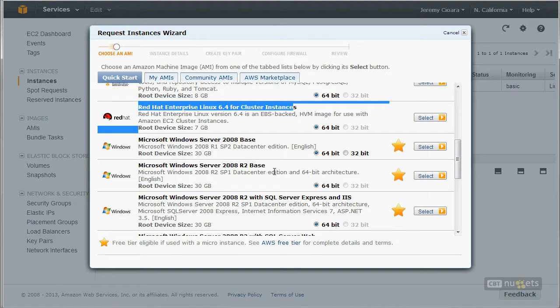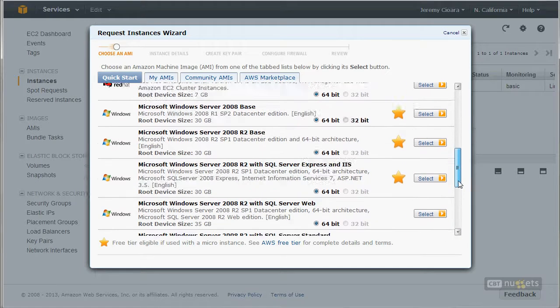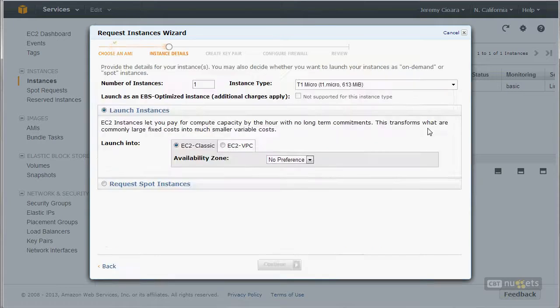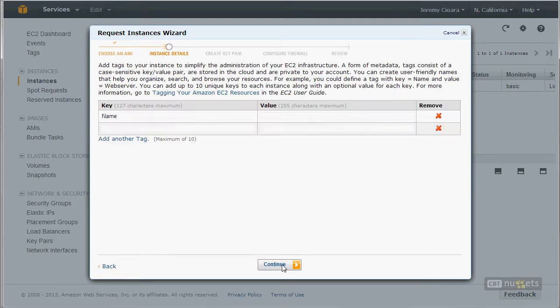And you can see Windows Server 2008 R2 base. I could read all these to you, but I'm not going to. Let's just say I wanted to run Windows Server 2008 R2 base. I'll select that. It asks how many instances, and what kind of instance do you want to create? Continue, next,